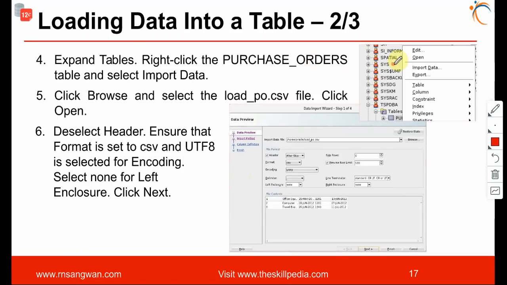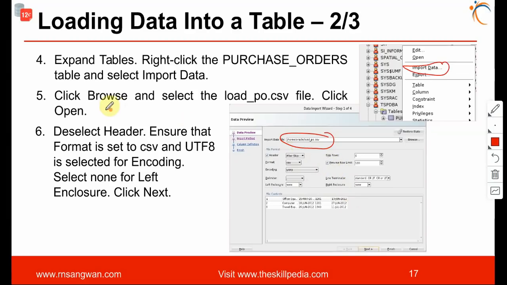And then importing the data is quite simple. Right click on the table, click on import data. So the process will begin and you select the file which you have downloaded. Right? Here it is quite important. Here you have to select the headers because there are headings in the sample table. Headers, then formatted CSV. Select the corresponding details properly.